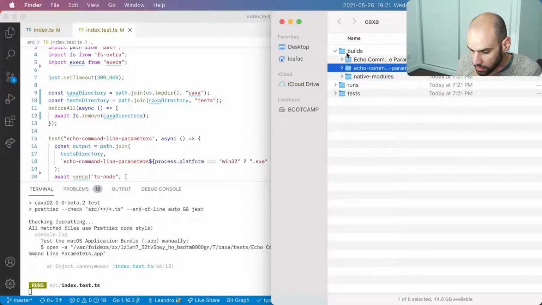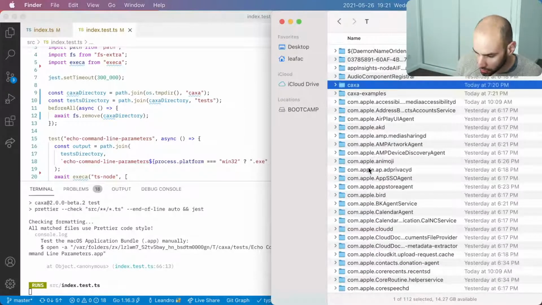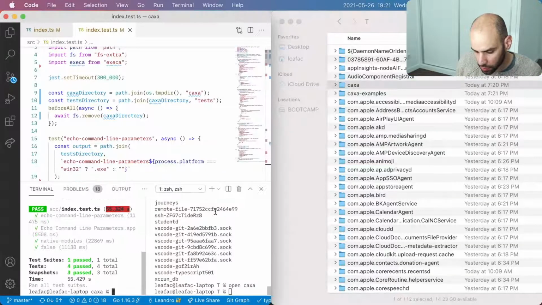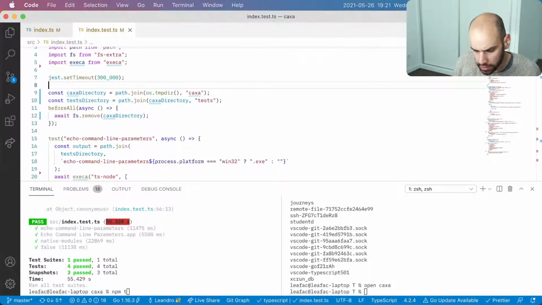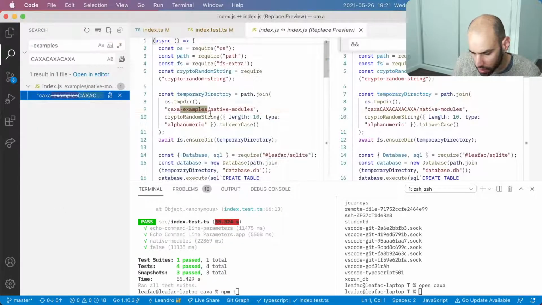Okay, I like this structure better. And then the tests are still running. But when they are finished running, I will keep this Finder window open and rerun the tests to see this directory being wiped clean and recreated. So here we have the tests have passed, Kasha is here, and I will move this to the side and rerun the tests, and we'll see this directory going away and then coming back. Oh, and the Kasha examples is still here, so maybe there is something that says -examples somewhere in my... Okay, so there is something here